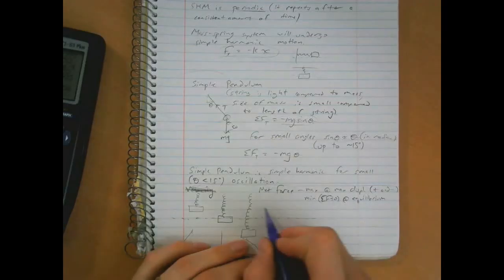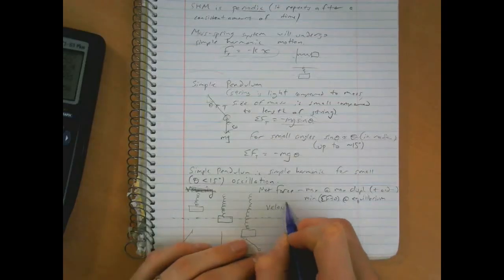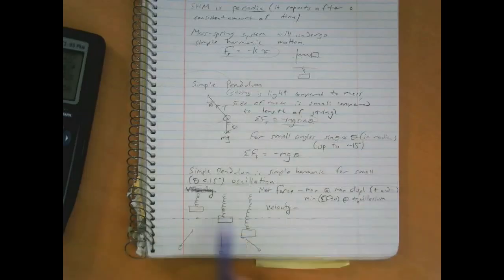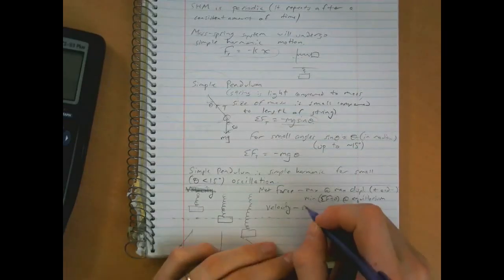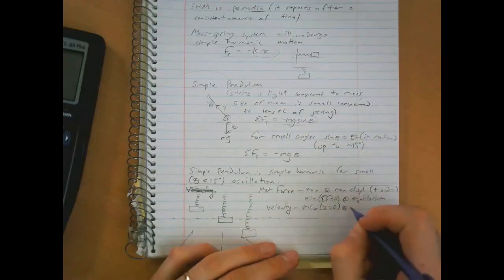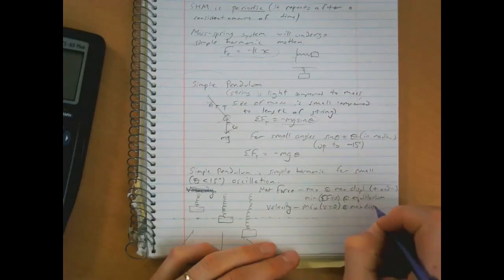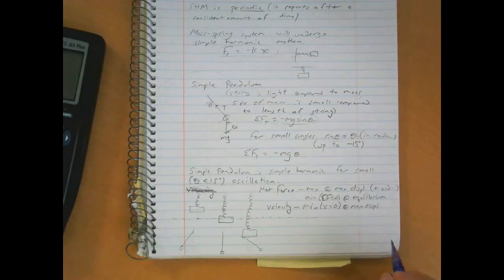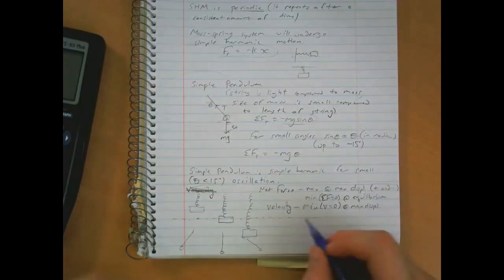So now let's think about velocity again. Well, what are these objects doing? They're bouncing up and down. Okay, so at this maximum displacement, the mass will come to rest for a split second. Same for the pendulum. The mass will come to rest for a split second. So the velocity is a minimum, actually it's equal to 0, at maximum displacement, both positive and negative. And you might guess by correlation that it's a maximum at minimum displacement